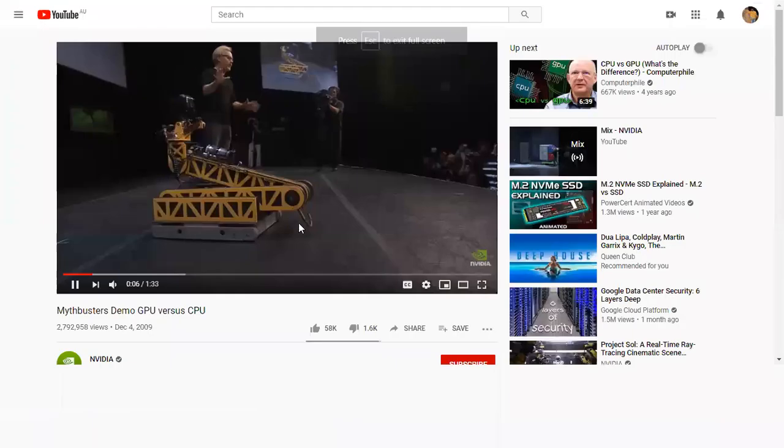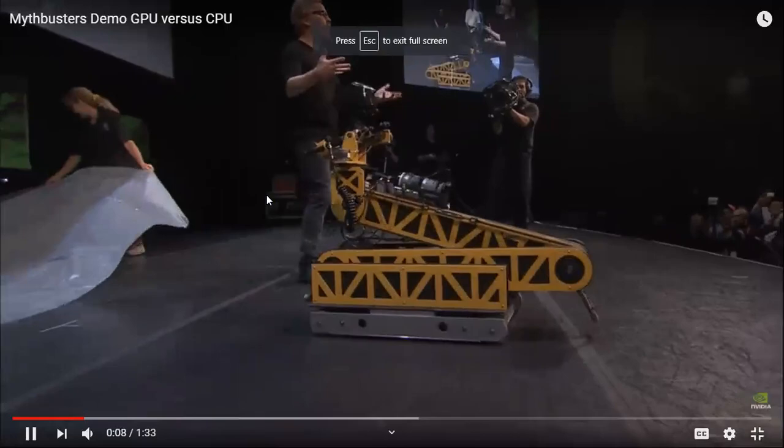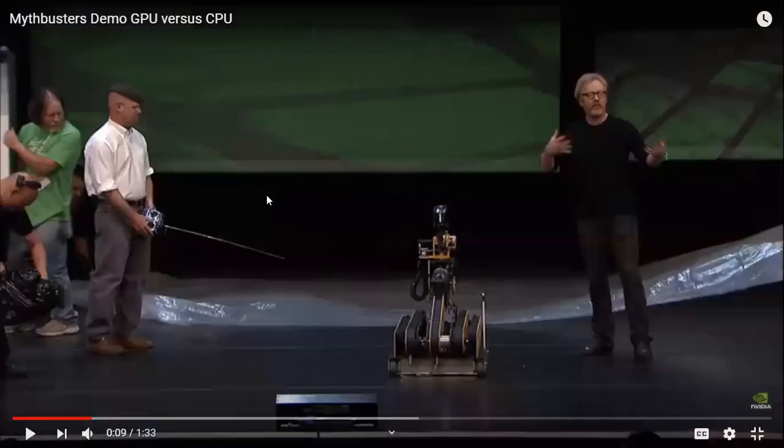If you see this video, they're doing a drawing using a CPU processor. First they demo with a CPU processor how the drawing is done, using multiple CPU processes. Later they bring a device with multiple GPUs, similar to multiple CPUs, and do the drawing. So you can see the difference between why you use a CPU and why you use a GPU.